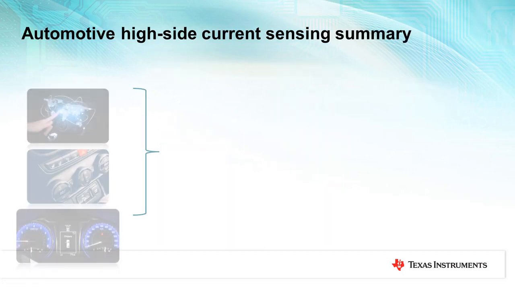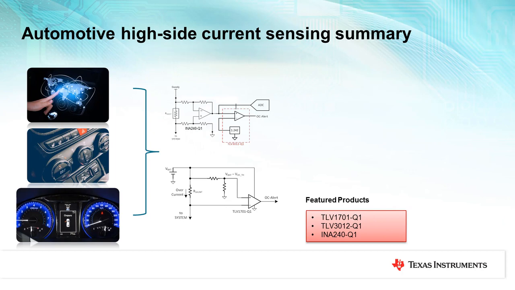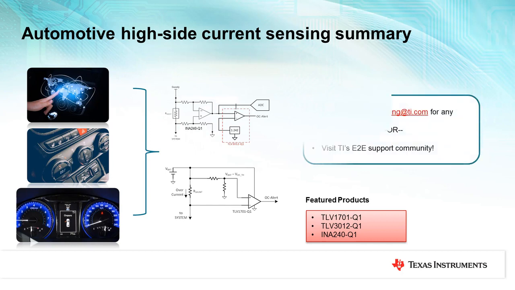It's clear that there are many ways you can implement discrete high-side current sensing in your system. Both methods shown use automotive qualified devices and can be found in numerous automotive end equipment like displayed here in the infotainment and cluster sector. Each method has its trade-offs, and choosing the right method ultimately depends on your application. All you have to do is match your system requirements to the application at hand, and you'll be on your way. TI's large portfolio of comparators and amplifiers makes it easy to find what you need for any application.